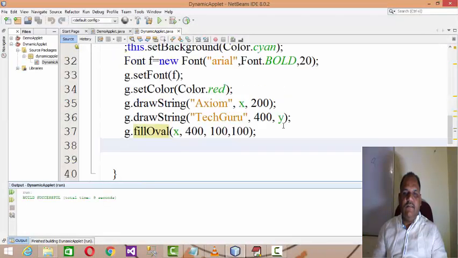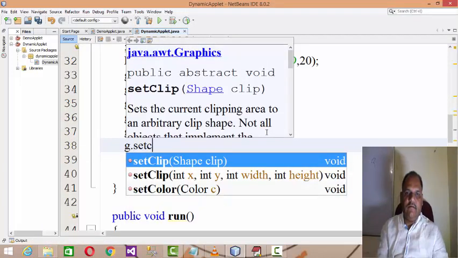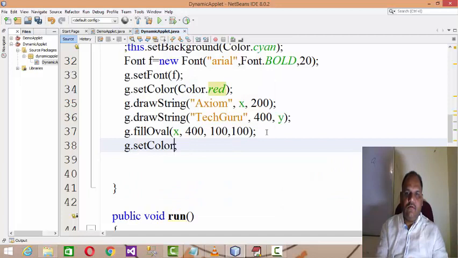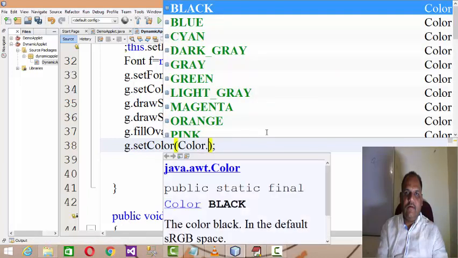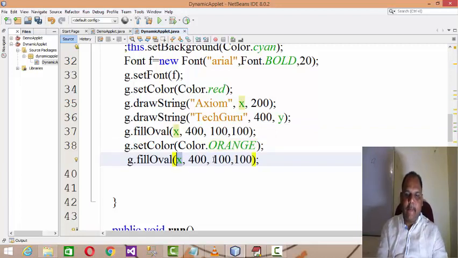Right? In a similar manner, g.setColor, maybe something like orange, and you fill the oval, and you have fixed x, let's say 400, or let's say 200, and y you vary.